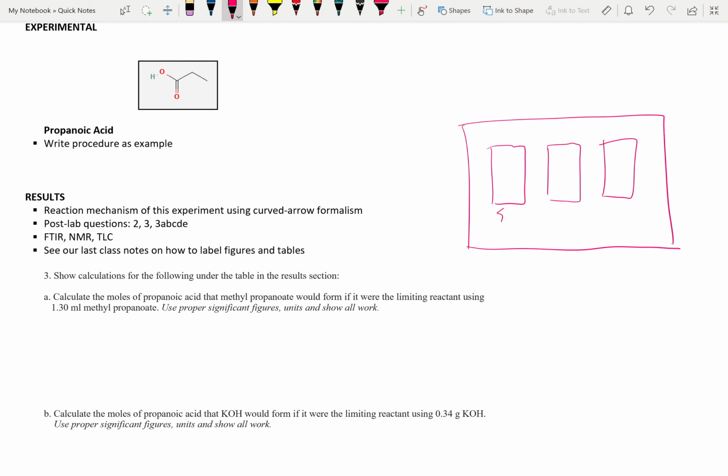So you have start, mid, and end. So you should have 3 different expressions of the TLC plates, and then you can label this as a figure,